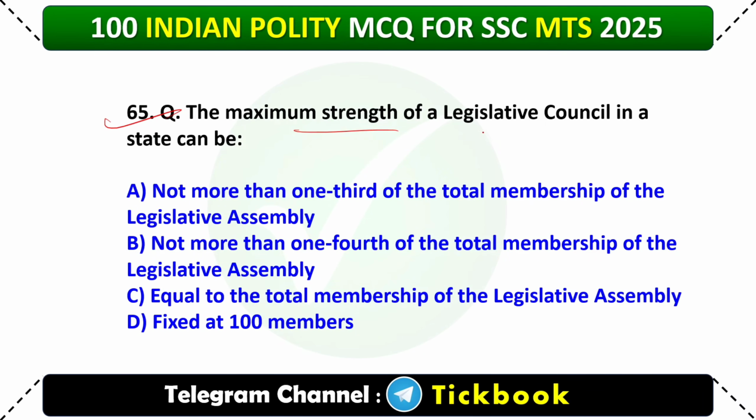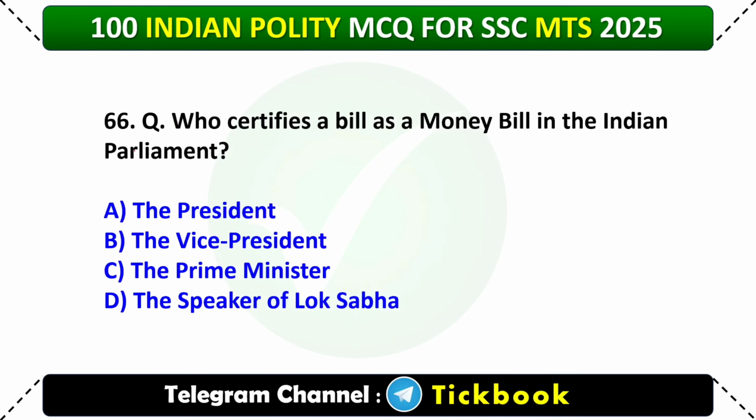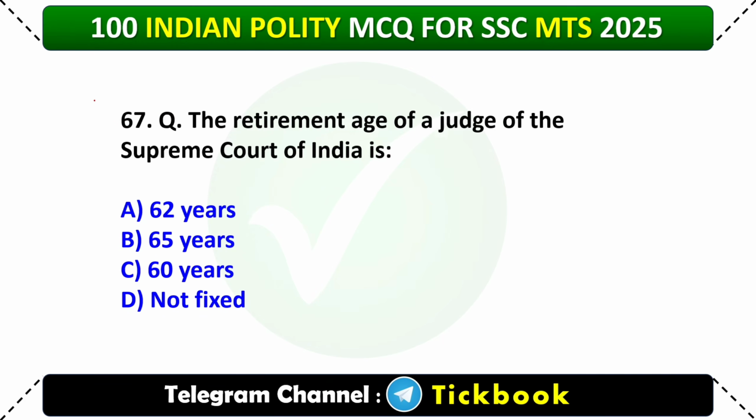65. The maximum strength of a legislative council in a state can be option number A, not more than 1/3 of the total membership of the Legislative Assembly. 66. Who certifies a bill as a money bill in the Indian Parliament? Option number D, the Speaker of the Lok Sabha. 67. The retirement age of a judge of the Supreme Court of India is